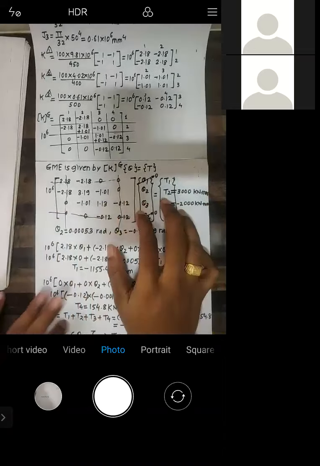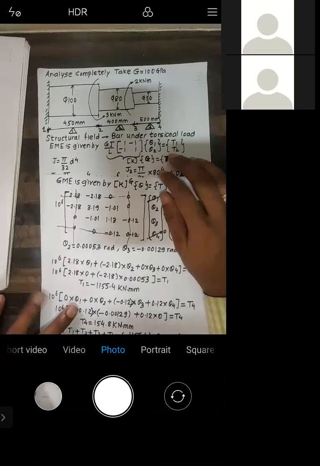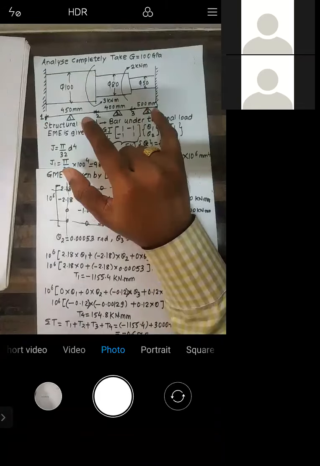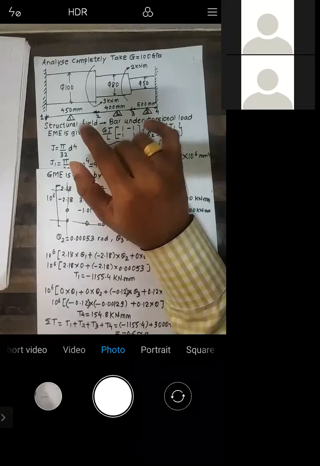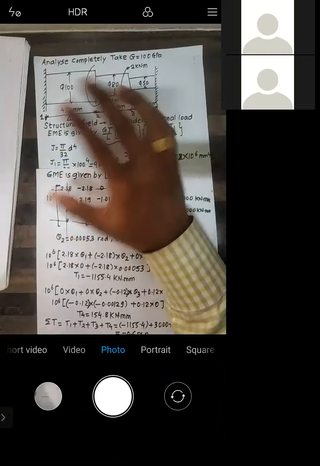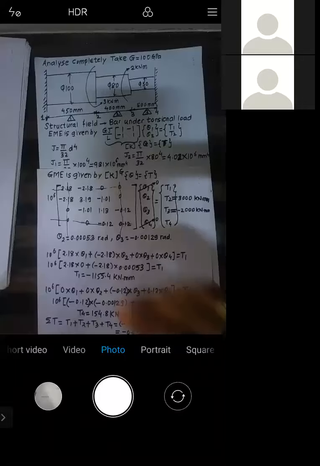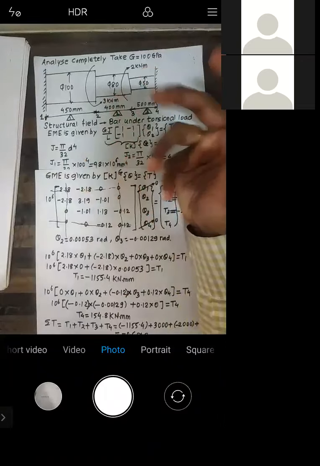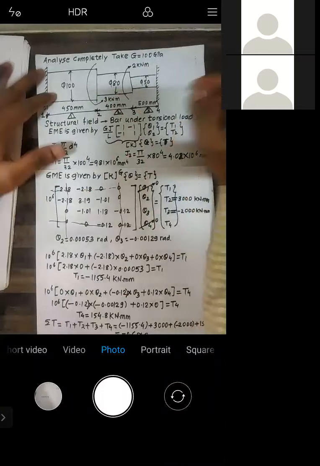Right. Now before solving this equation, you try to impose the boundary condition. Okay. Because boundary conditions are going to sustain the structure in the atmosphere. See, in this problem it is fixed at 2 ends. Okay, but although it is fixed at 2 ends, at least it is required that it is fixed at 1 end only. Okay, so if it is fixed at 1 end, obviously you will be able to apply the torques. If it is not fixed at at least 1 end, how will you be able to apply the torque? That is the question. Okay, so boundary condition is not only to solve the equation, it is to sustain the structure in the atmosphere.